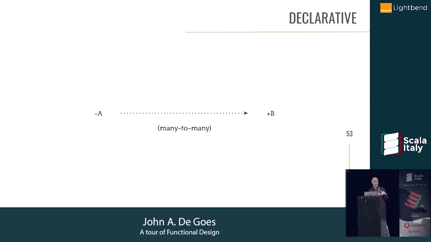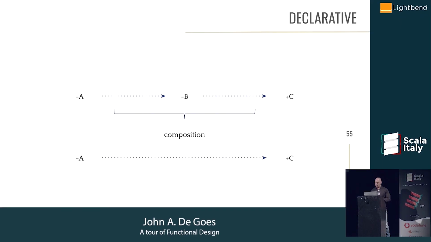And then in the general case, this is a many-to-many relation. So every arrow will feed it a bunch of A's, maybe 0 or more A's, and out of the other side, we're going to get 0 or more B's. So this thing, let's give it a name. It doesn't matter what we call it. I'll call it a pipeline, because it's kind of like a pipeline that transforms A's to B's. And then we need to start thinking about what can we do with pipelines?